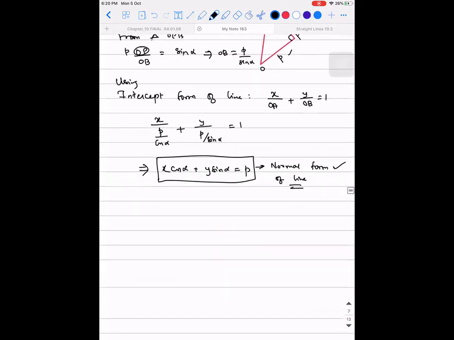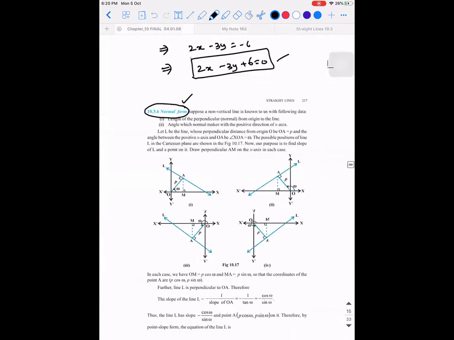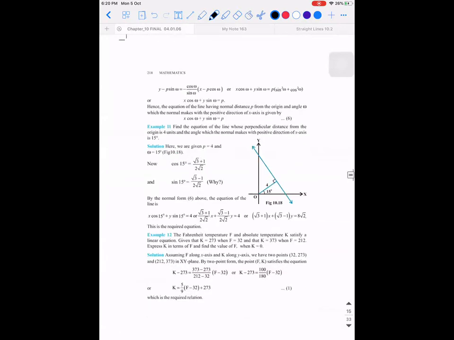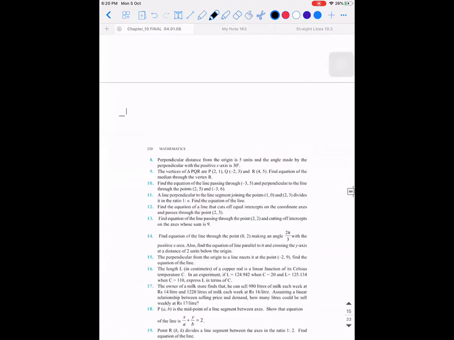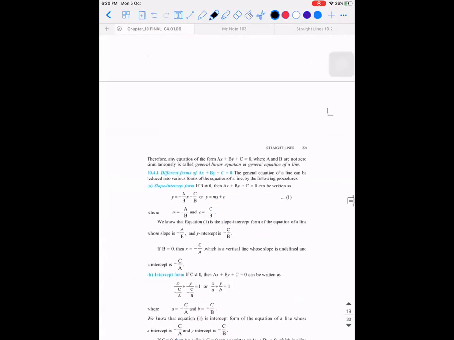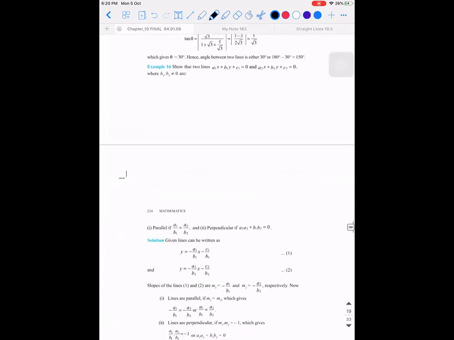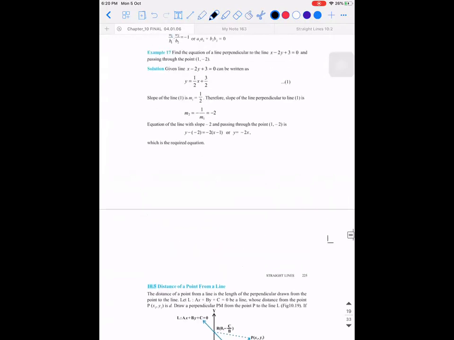applied them also. Okay. So if you have to recollect it, the first exercise is related to the concept of slope. We concentrated only on slope. The second exercise, we were concentrating on writing different equations of a line. And in the third exercise, we will be concentrating on finding the distance from a point to a line or distance between two lines. That's what we are going to see.